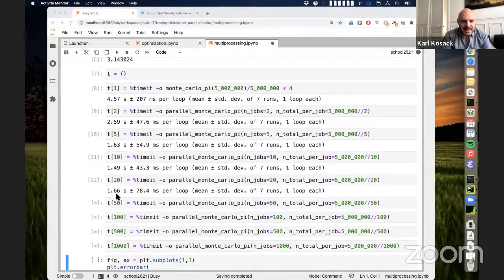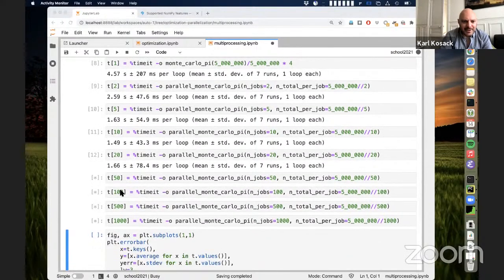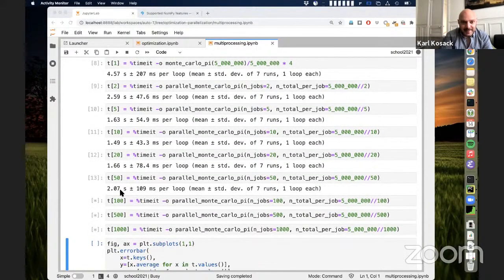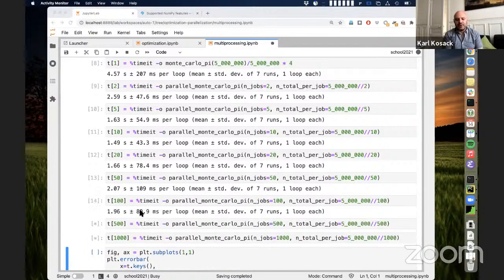Up to a point though, it's now gotten a little bit worse. Okay, probably should put fewer iterations. And now it's getting worse. And so what this is also telling you is that there's usually an optimal number of jobs. This may also just be timing error between them, but there's often an optimal number of jobs you want to start before you maximize the use of your machine. So just throwing 1 million jobs at something does not necessarily give you the best results. You want to find the optimal number of jobs for the problem that you're trying to solve.